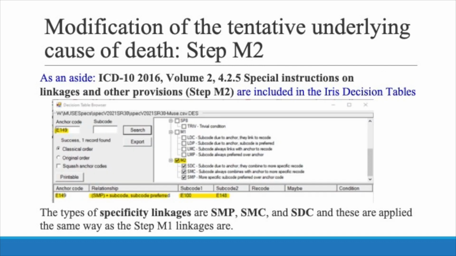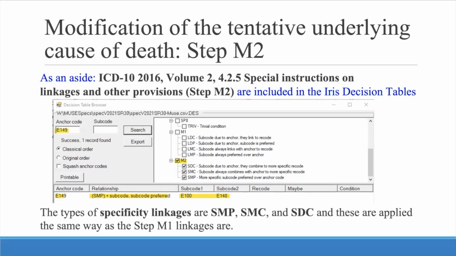This slide is for those of you who are IRIS users or users of the IRIS decision tables in a manual context. The specificity modifications are included in the decision tables. Actually, IRIS decision tables are an exceptionally useful aid to the correct application of step M2. The snippet on the slide shows that tentative underlying cause E14.9, diabetes unspecified, is modified by the more precise types of diabetes included in the codes E10.0 to